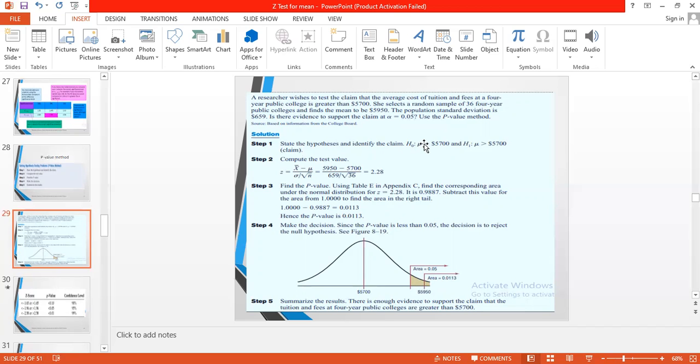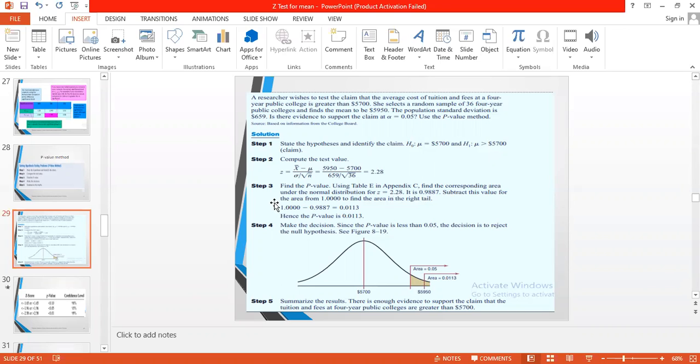that the 4-year fees is equal to $5,700, and in the alternate hypothesis, the fees is greater than $5,700. This is our claim. Compute the test value, and the value obtained is 2.28. Now we find our p-value by finding the corresponding area under the normal distribution curve. Z is 2.28, our z-score. It is